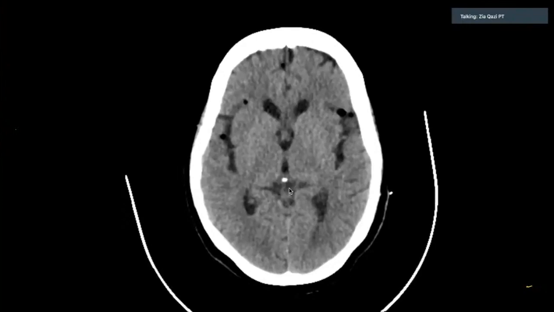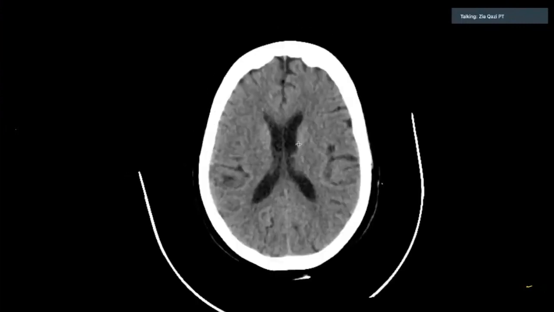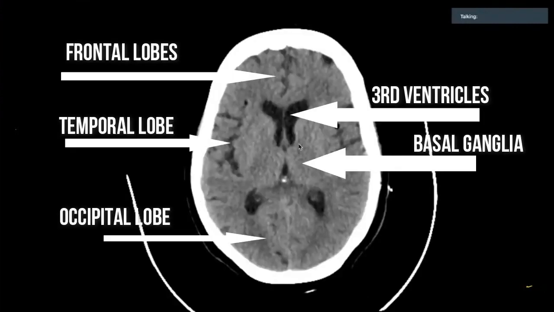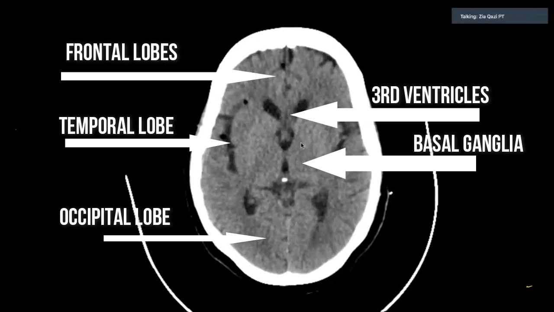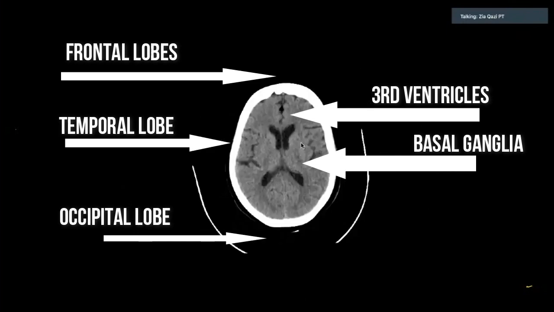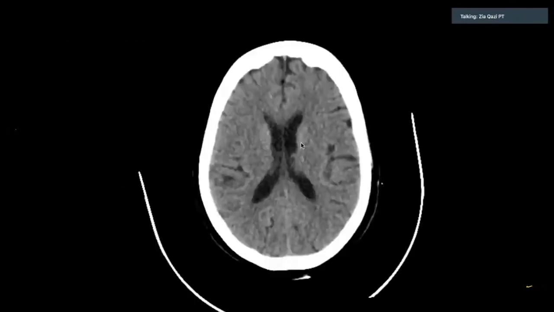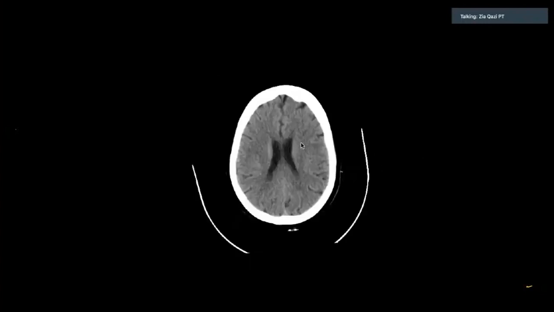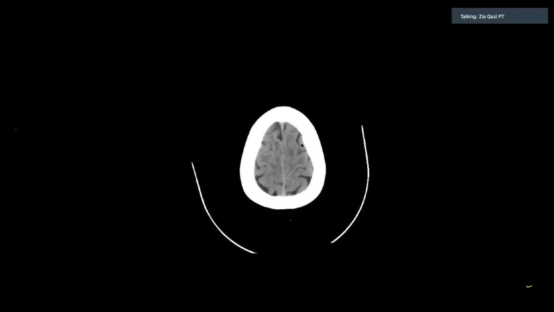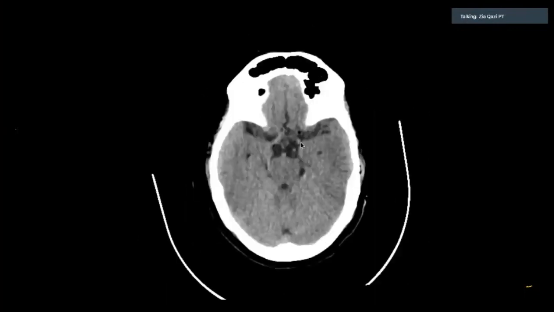As you go higher and higher, forming of the ventricles, the midline in the middle, separating both the hemispheres. Here is the basal ganglia region just below the ventricles, then all the four lobes. Then as you go higher and higher, you see the perfect butterfly shape of the ventricles, hollow, black, CSF filled, the midline intact. Okay, so this was about structures. Now let's do structures with symmetry.